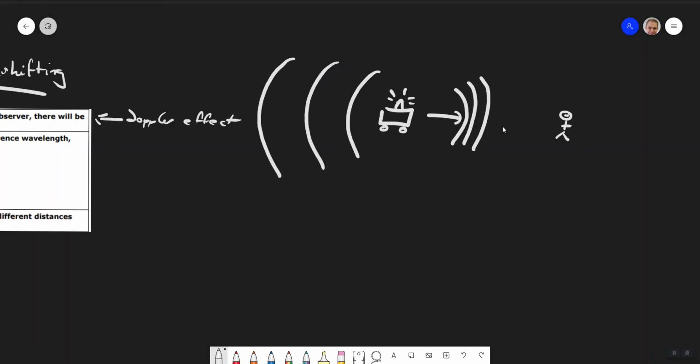What we hear as an observer, if we're standing here, is that the speed of the wave is still measured to be the speed of sound, but we end up measuring a shorter wavelength because we're measuring the distance between two wavefronts, and we therefore get a higher frequency. And frequency is the pitch, which is why things coming towards you sound higher pitch. If you were an observer standing over here, you would measure a larger wavelength, and you would hear a lower frequency and therefore a lower pitch.